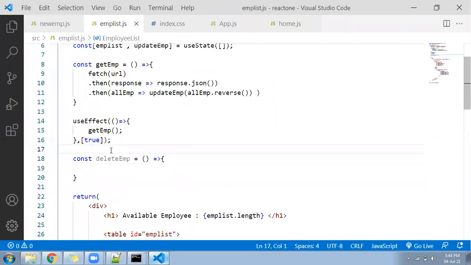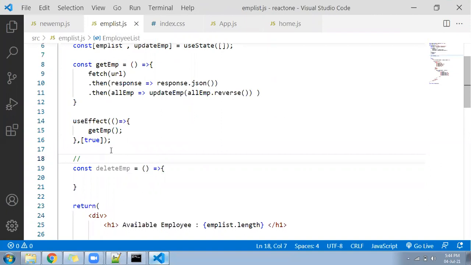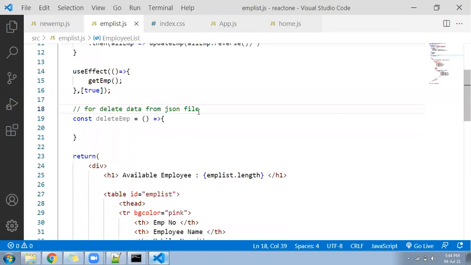Let me keep a comment here: for delete data from JSON file. Now at this place, the function we wrote, deleteEmp, keep inside empId and alert here empId.